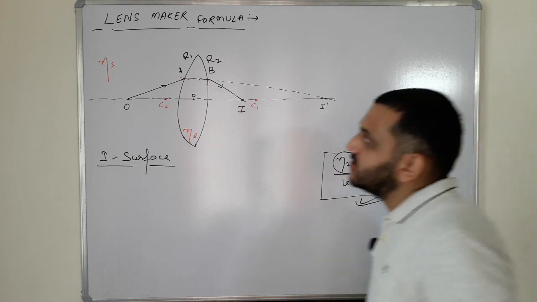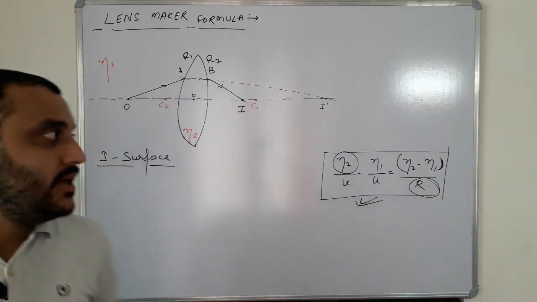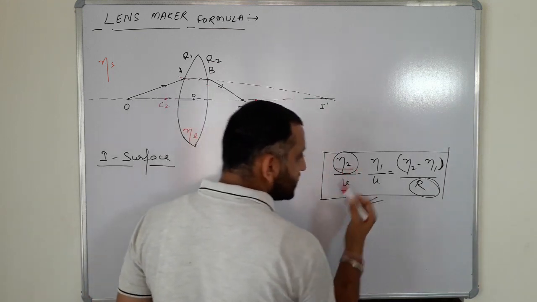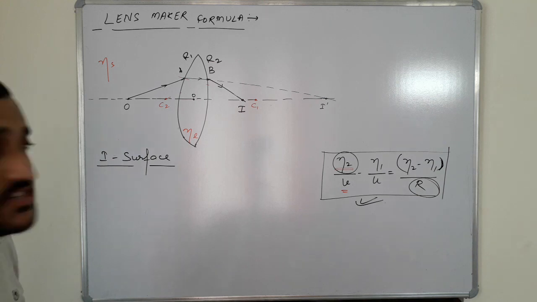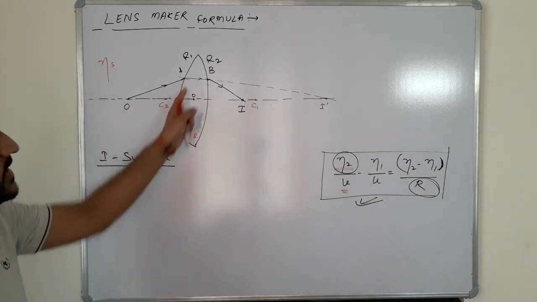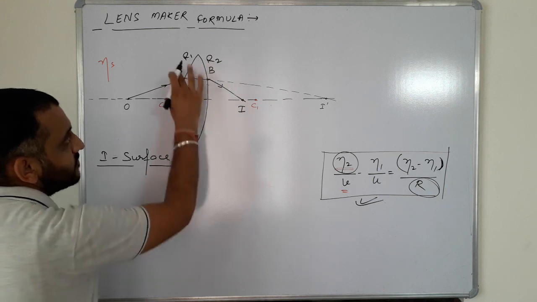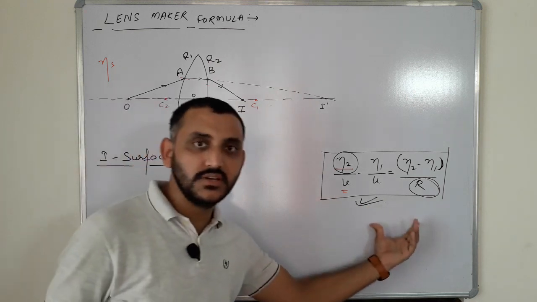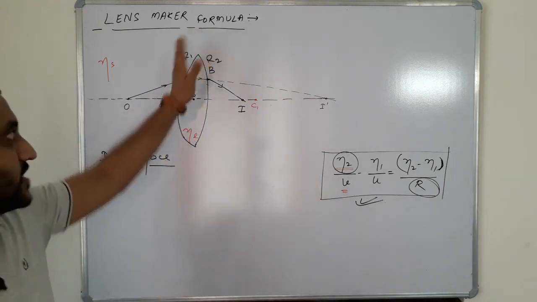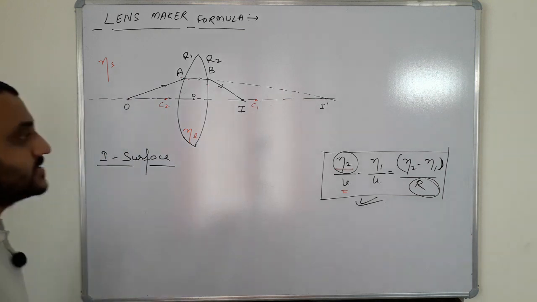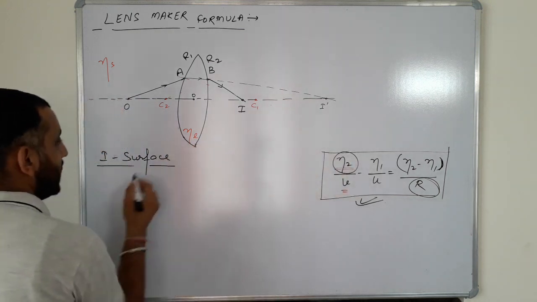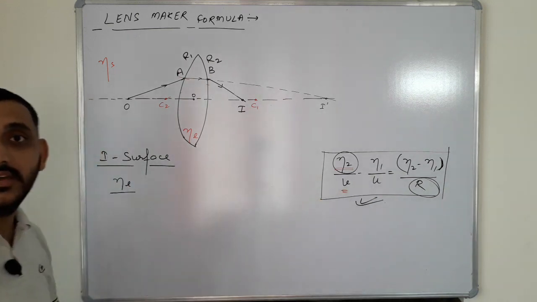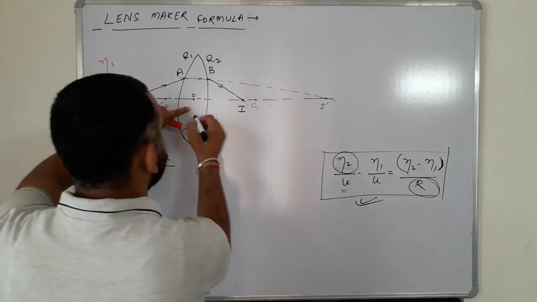So at the first surface, at point A, if we apply this expression, as we know that η2 is the refractive index of the medium in which the ray is going, so here the ray is going in ηL. First of all we are applying this expression for the first refraction from the first surface. So the second medium will be ηL. So I'll put here ηL by v. v is the image distance, the image distance from the optical center.